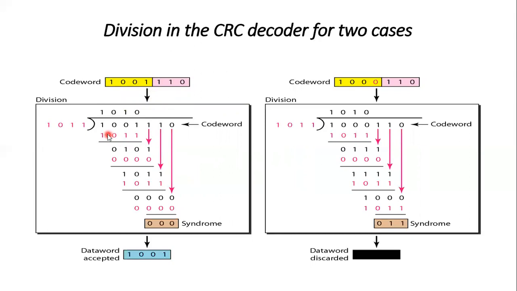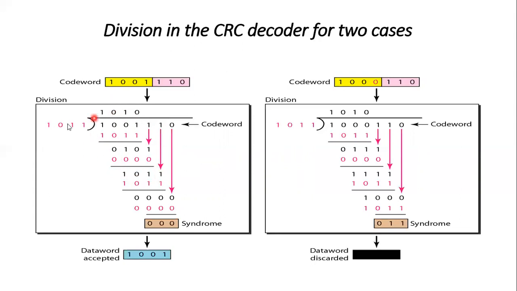Now we take first 1 0 0 1 and then 1 1 0. So one time, so 1 0 1 1. So 1 1 is an exclusive OR 0, 0 1 is a 1, then the remaining are 0. Now we bring this 1 here. So 1 0 1 is not divisible, therefore we put a 0. Then 0 into 1 0 1 1 is 0 0 0. Then 1 0 is a 1, 0 0 is a 0, 1 0 is a 1, then 0 0 is a 0. Then we put 1 here.